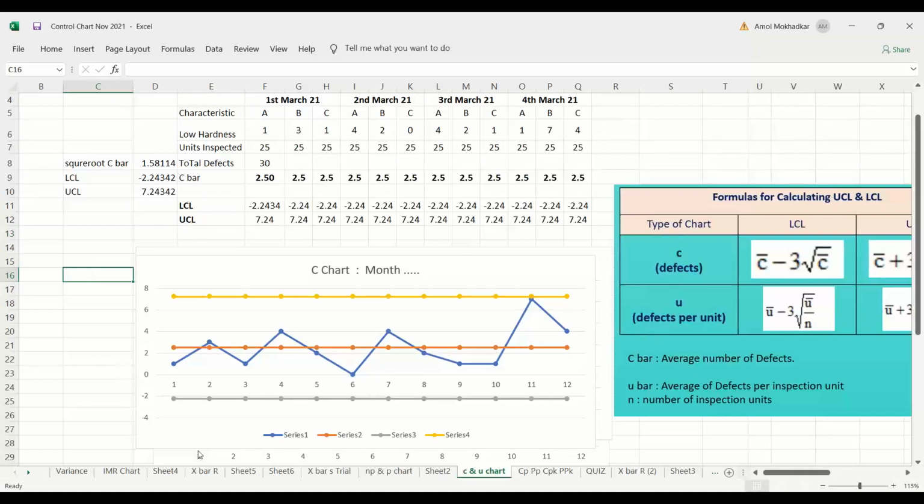Now you keep on monitoring whenever there is a defect generation, whatever the kind of defects generated, or if you are monitoring it for the hardness, low hardness. If you got any defect, the average line suggests to you that there is an average line, which means 2.5. If something is above that one, you should get alarmed. Why is it high? What is the problem?